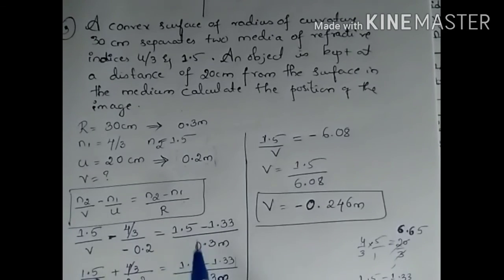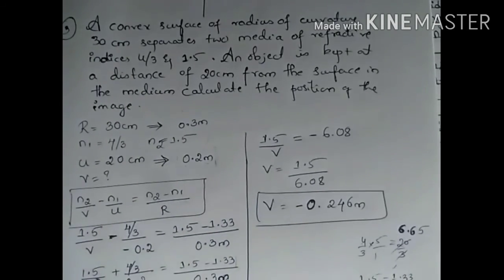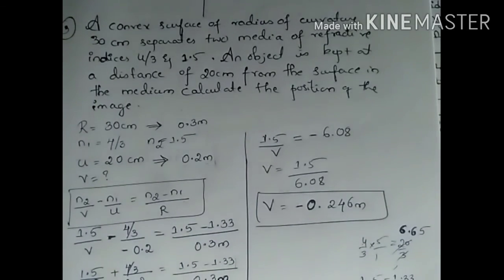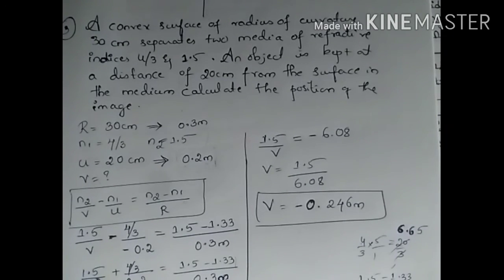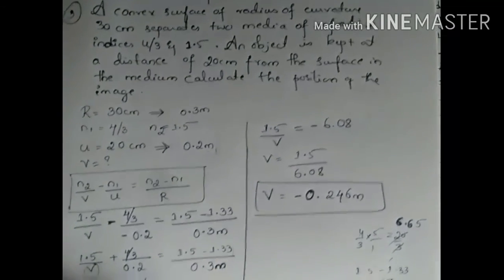You can use the same equation and try to convert all the units which are in centimeter to meters, such that you will have all the units in SI. Then if you try that question, you will get the position of image again in a negative value. So try doing that question. That is pretty much similar to the question that we have solved here.